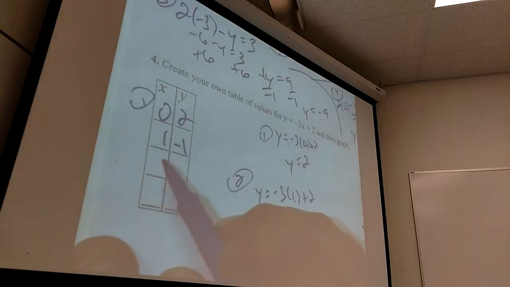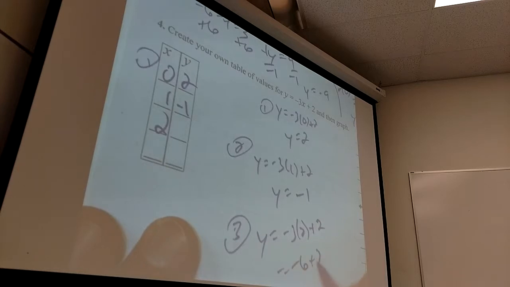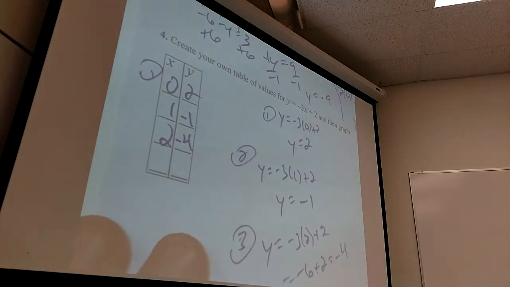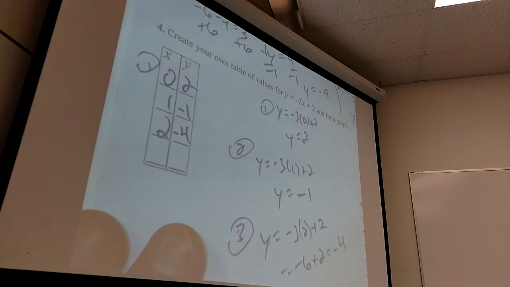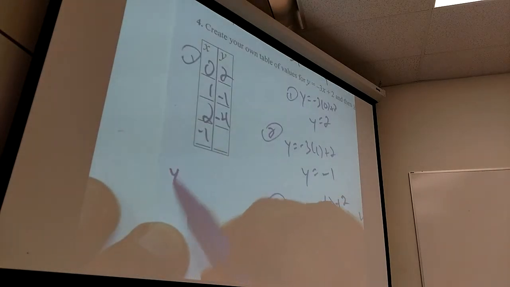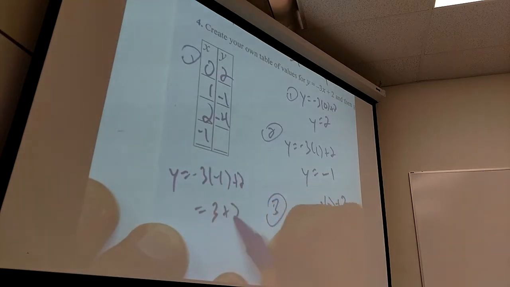Now are you saying to make x 2? Sure. So the third one I can make x 2. Negative 6 plus 2, negative 4. And then, if you continue in this fashion, you would use 3. Let's try to use negative 1, just because. So y equals negative 3 times negative 1 plus 2, I get y equals 3 plus 2,